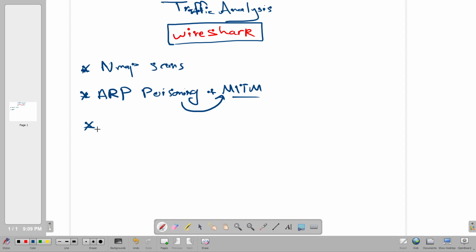And third on the agenda, we're going to analyze HTTP, NetBIOS, and we're going to analyze Kerberos. We're going to take a look at examples of these packets. How do they look in a packet capture file? Additionally, we're going to take a look at DNS and ICMP